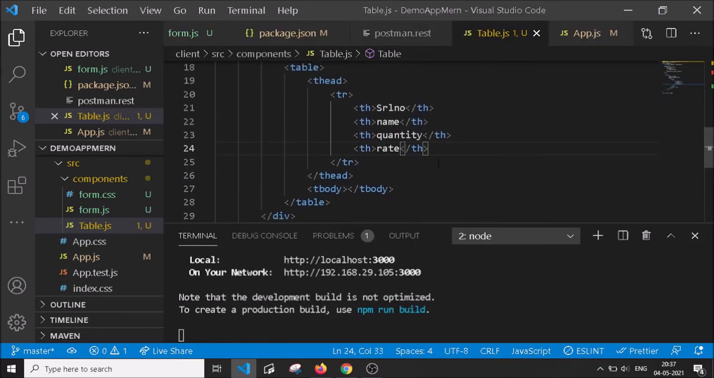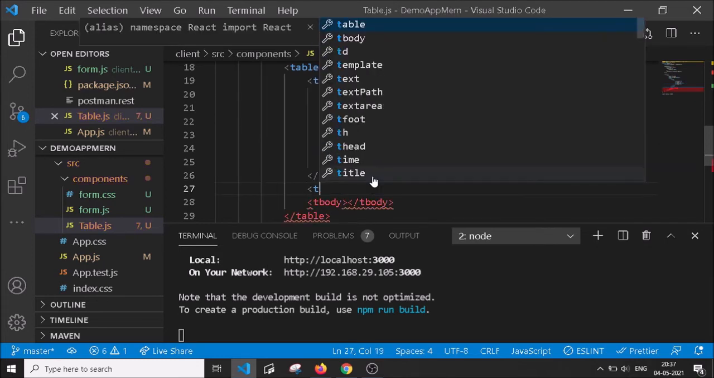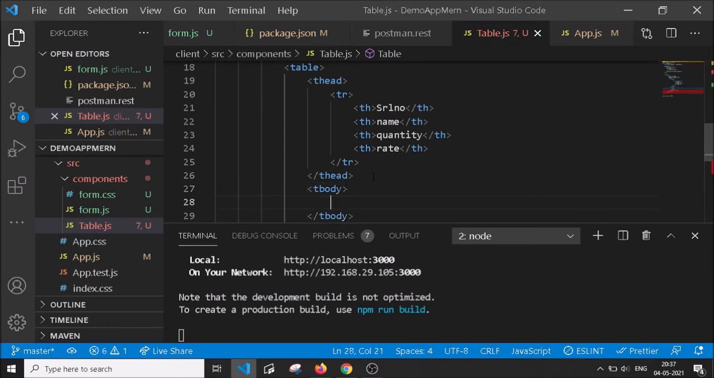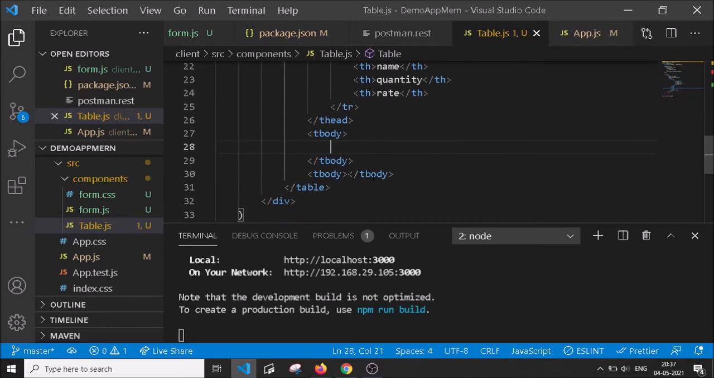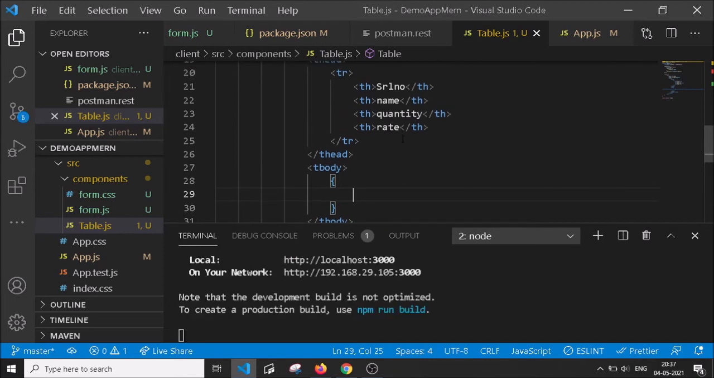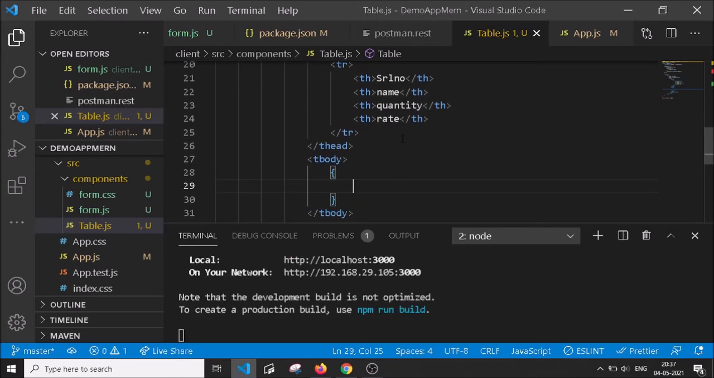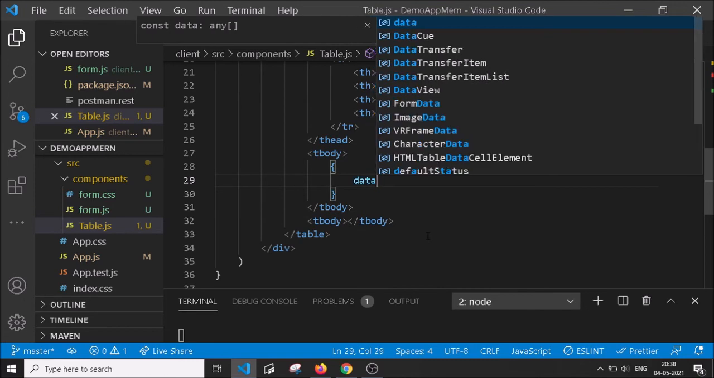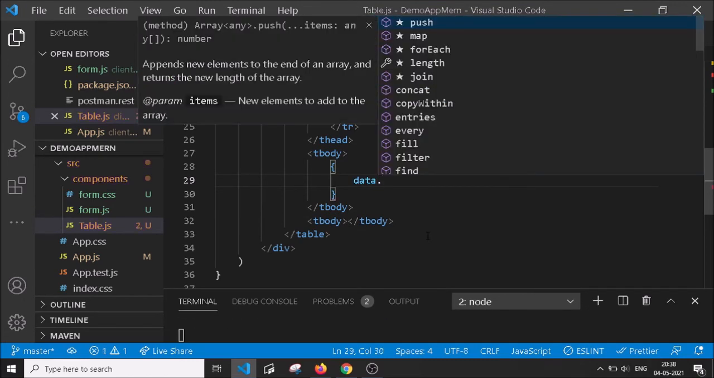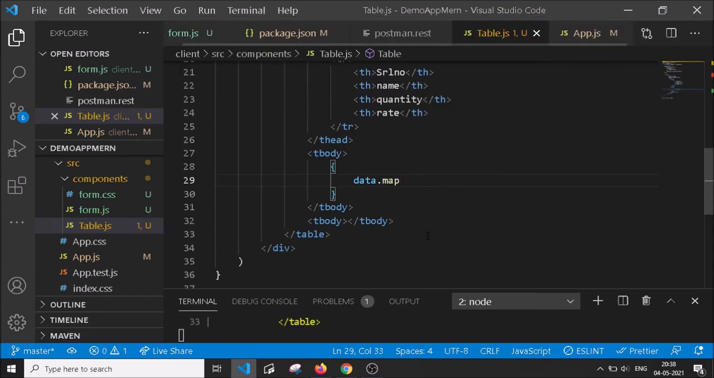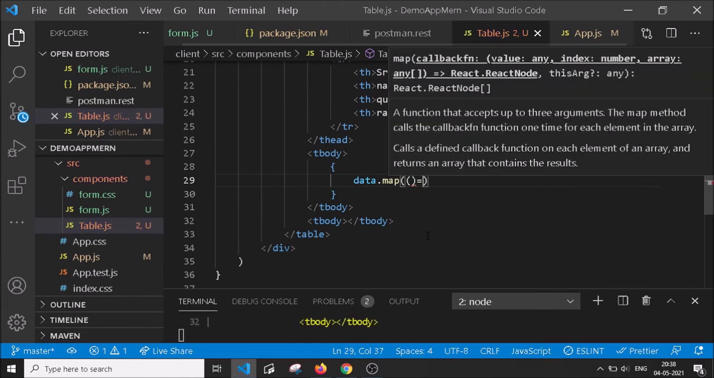Similarly, we are going to have the respective rows. So for that we will say tbody, and inside this we are going to use the map method in order to render a table. So we are going to say data dot map, and the map method will have a function within it, a callback function,